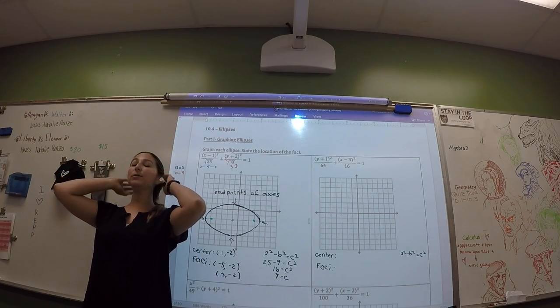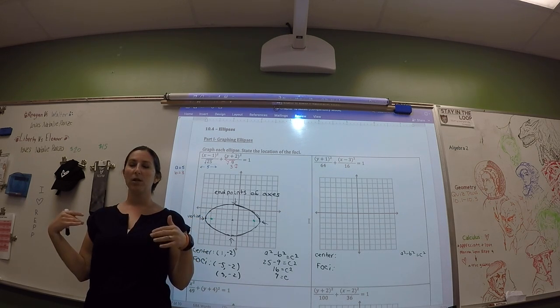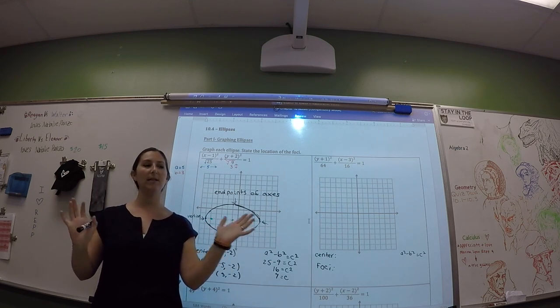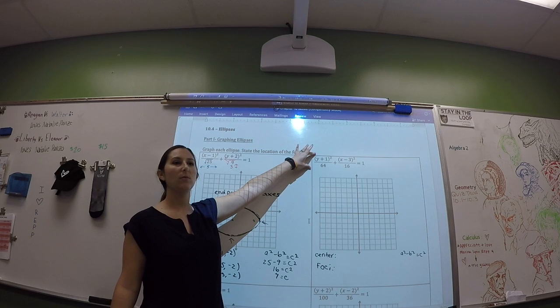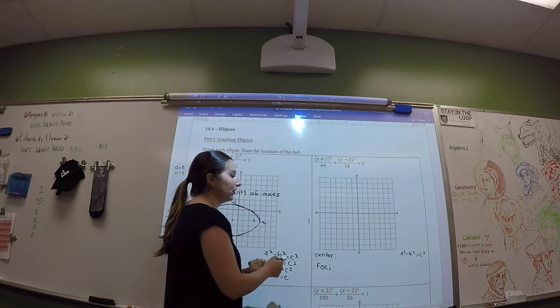When the y is written first, it's because it's longer in the y direction. Now you might see them switched, but typically we write the y first when it's a vertical ellipse because we want to put the bigger or the major axis first. When you identify the center,